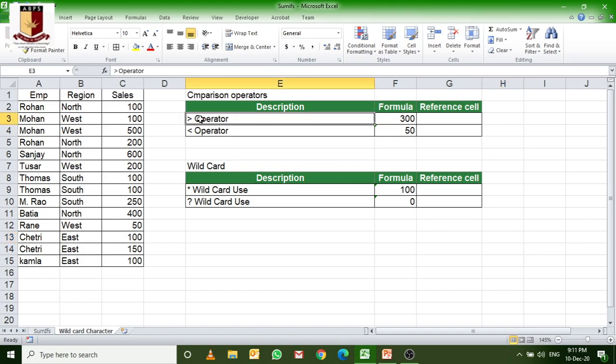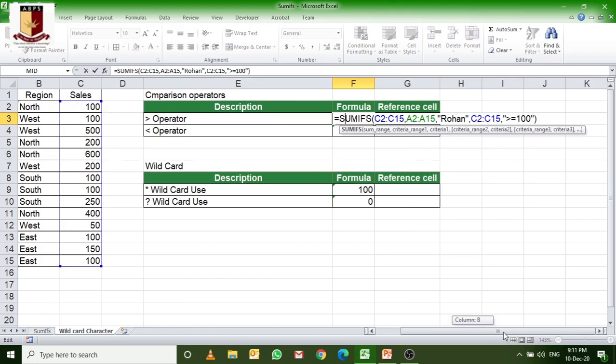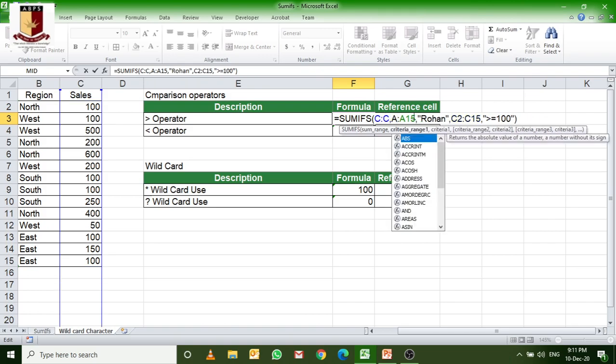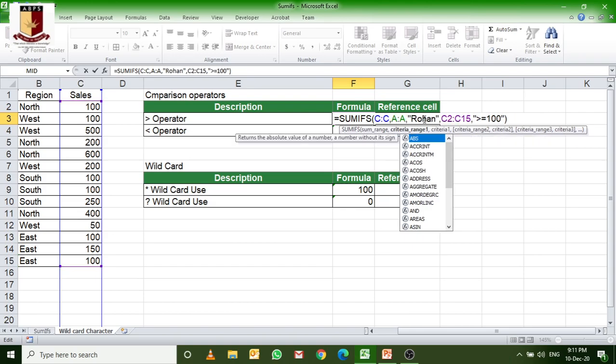What is the first operator I have used here? Greater than. And the formula I applied here is SUMIFS: the sum range, the cells range C, let me remove this, the whole column actually I am taking here, the whole C column, then the whole A column, and the value I am searching here is Rohan.